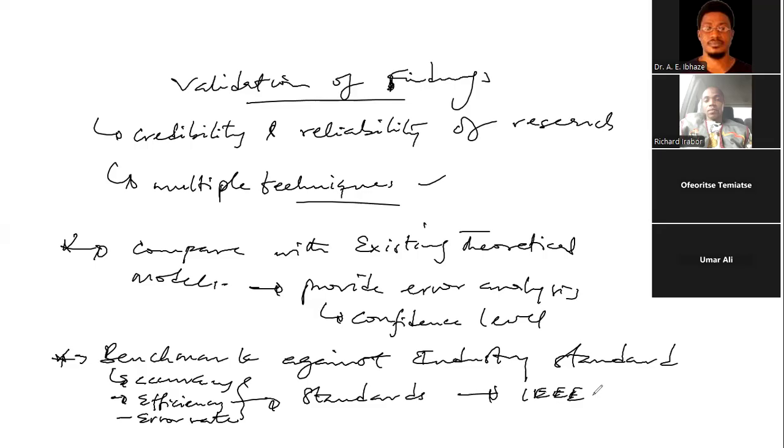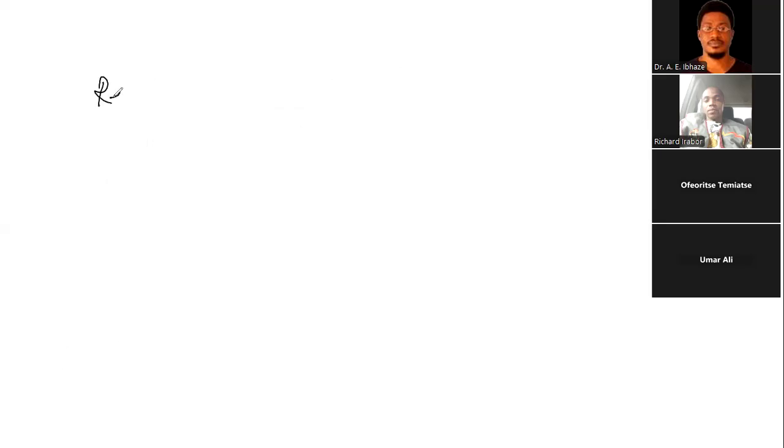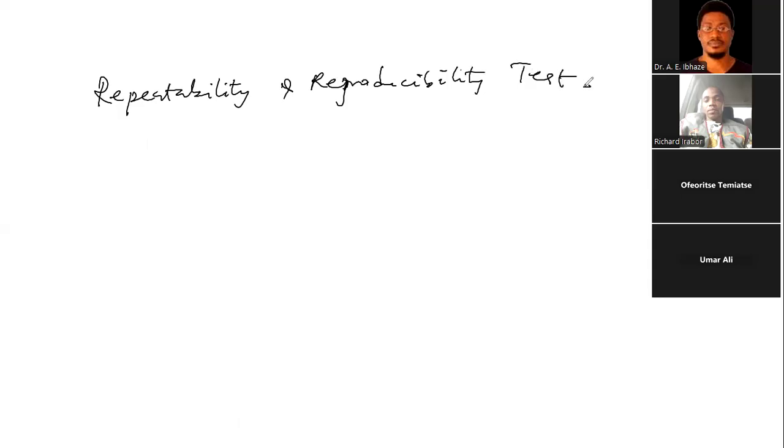So another way we want to validate is through repeatability tests, right? So we have repeatability and reproducibility tests. So you want to confirm findings by repeating experiments or simulation under the same conditions. Okay, so you want to try repeated measurement. So you did just like the parameter I mentioned, which well,